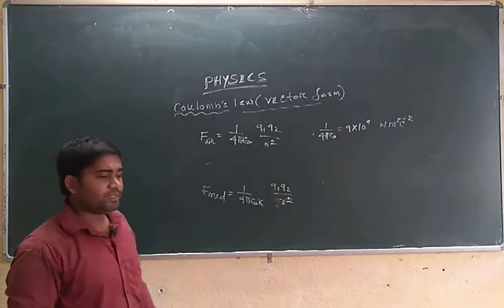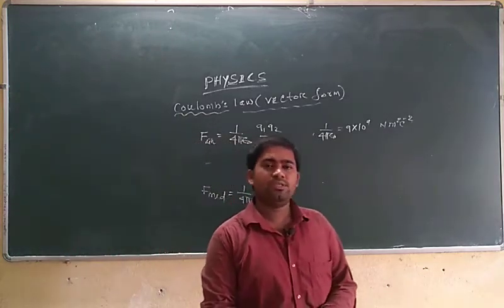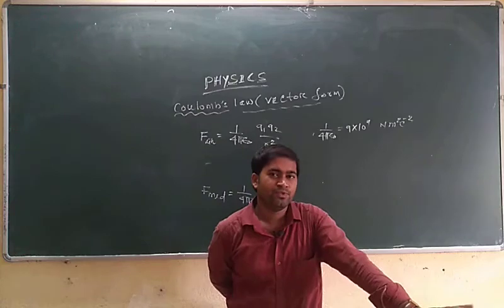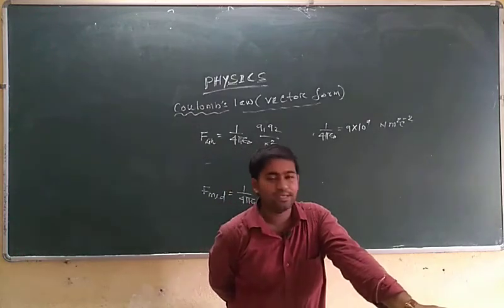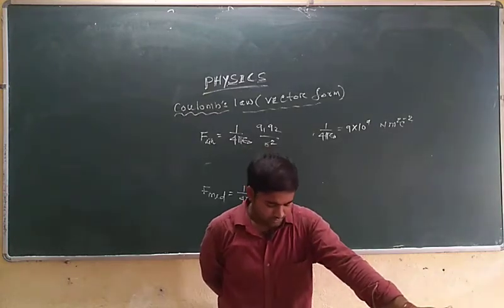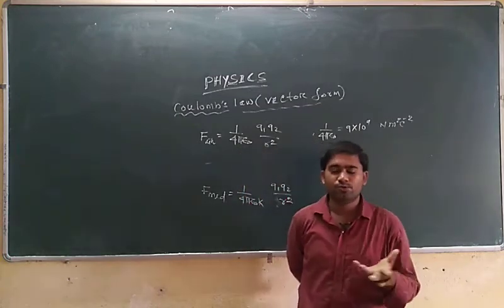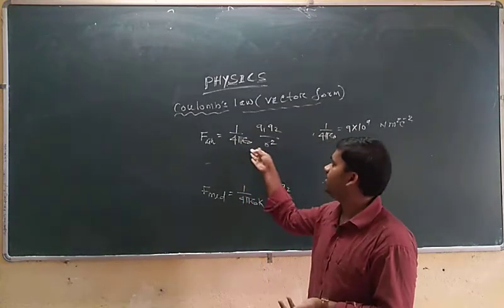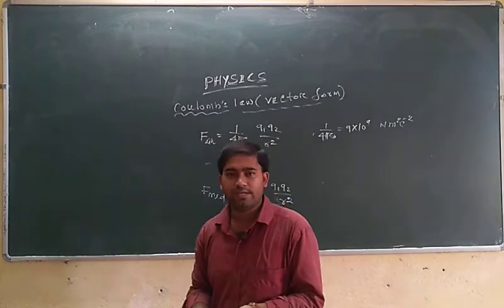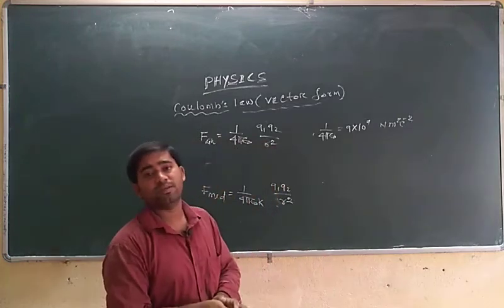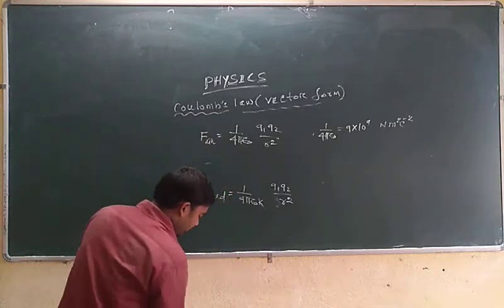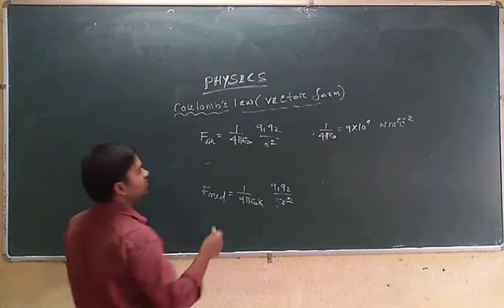The important thing is that we say force between two charged particles, which means force is a vector quantity. So the question is, what is the direction of that Coulomb force? Since force is a vector quantity, you may ask what is the direction of the Coulomb force, 1 by 4 pi epsilon naught q1 q2 by r square. Generally the direction of the Coulomb force depends upon the line joining the two charges.